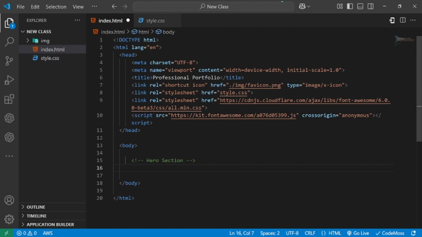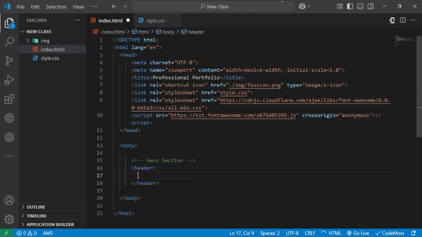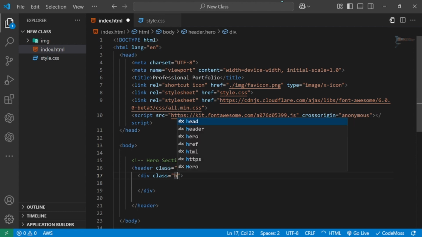And let's just come down right here. And what we're going to do is this. Let's start by creating a header tag like this. And inside this header, let's give it a class. Let's call that class hero like this. And let's just come down right here and create a div tag like this. And let's give a class to our div tag, let's just say